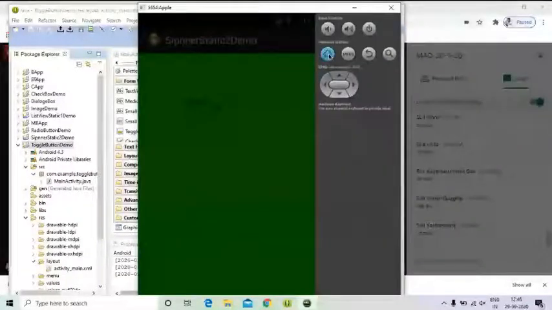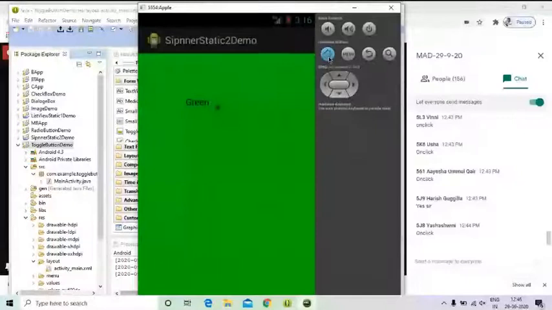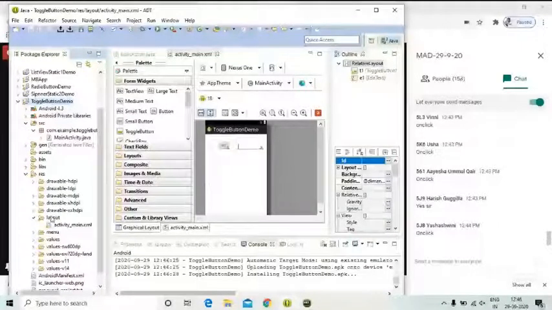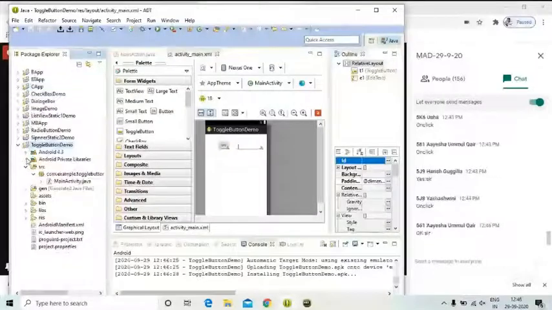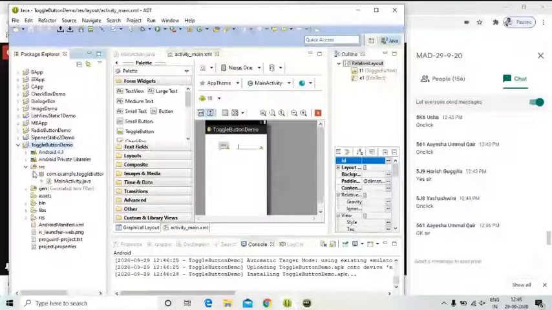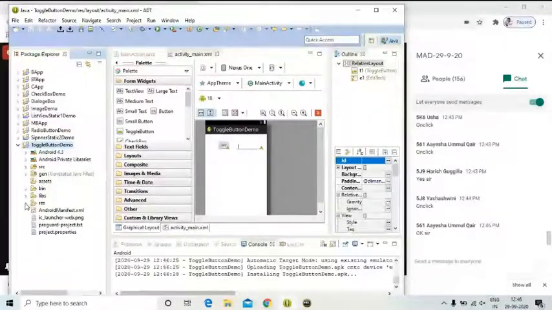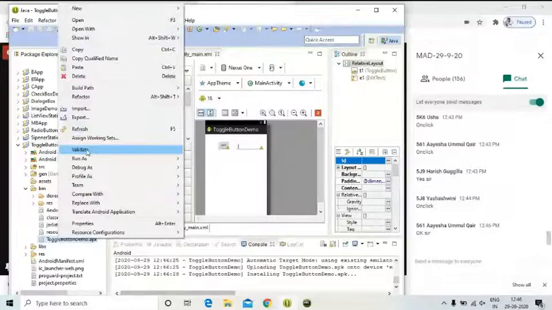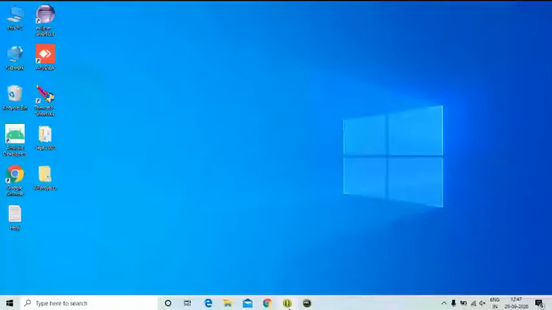We shall try to see the application. Wait for a while here. In the meanwhile, I will send the APK file to you. You please check it. Copy here. Just go for copy. Open WhatsApp. I'm sending to you, dear. Please execute in your mobile, everyone.